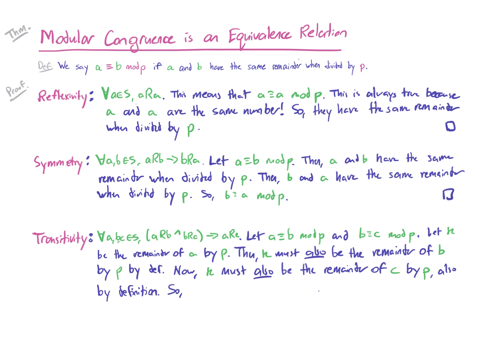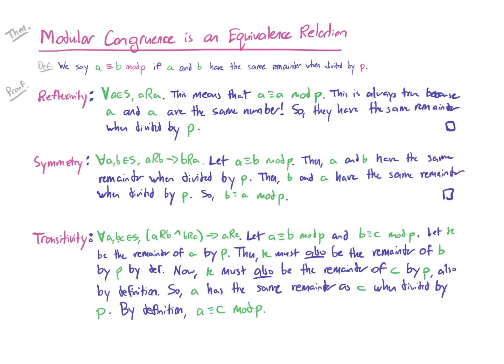So A has the same remainder as C when divided by P. By definition, A is congruent to C